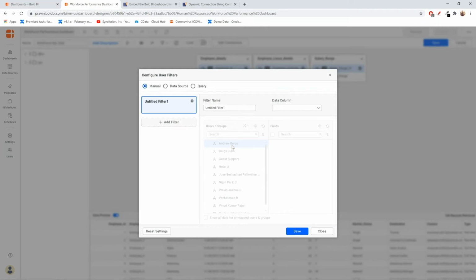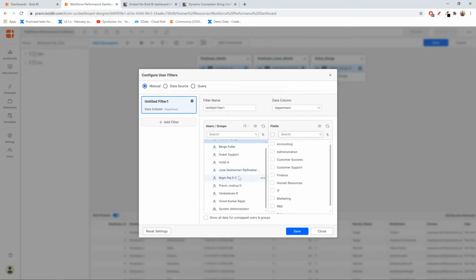Okay. And over the left side, you could see the list of users in the application. It will be enabled when you choose a column. So in our data source, we are going to apply permission based upon the department. Okay. I'm just going to take the first two users here. I have a number of users already added in my application, and also I have a group.